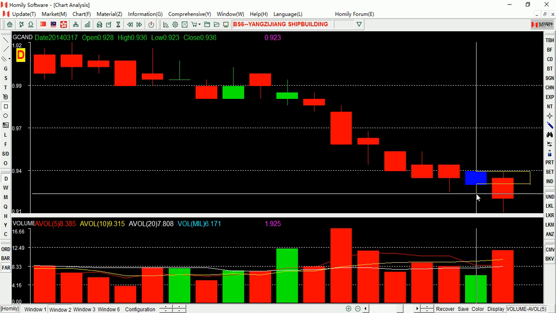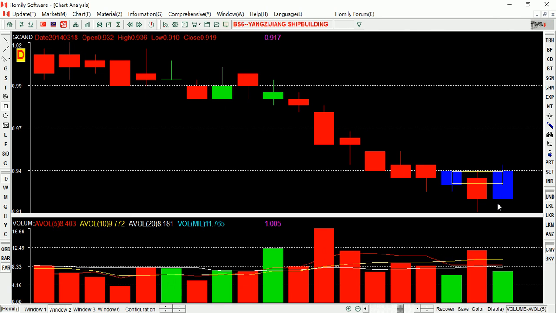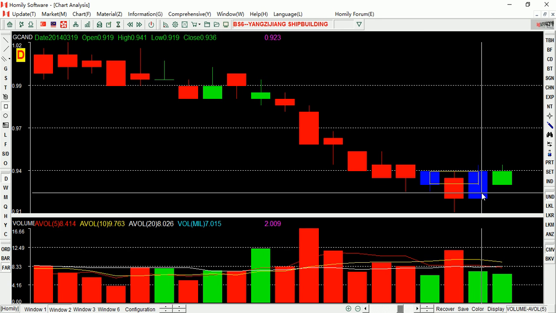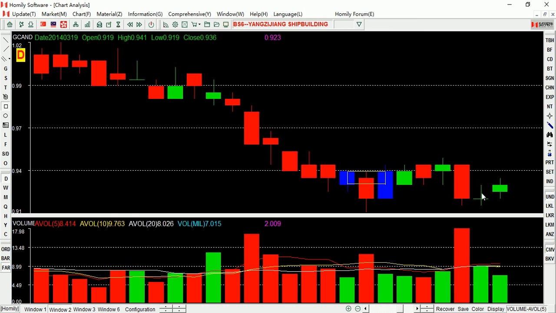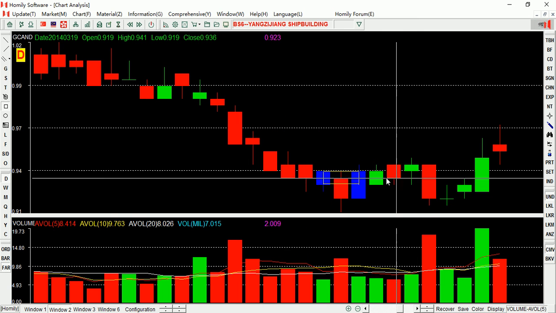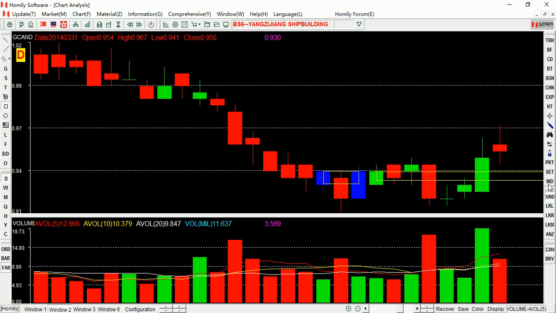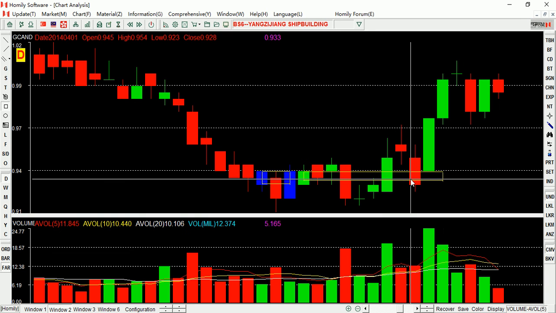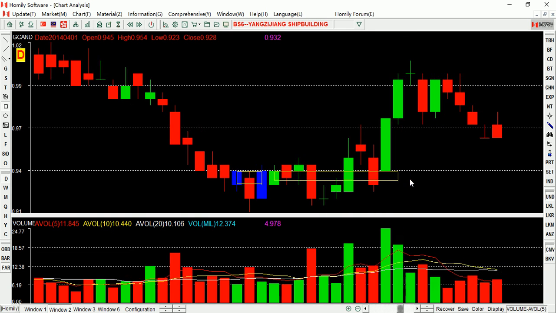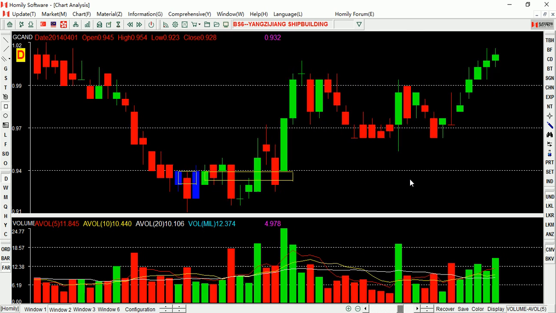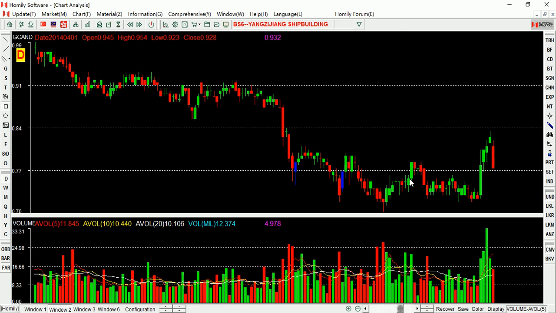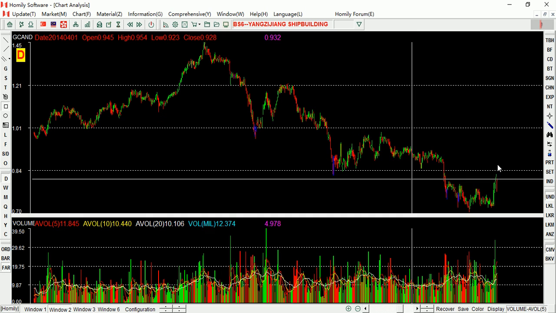Closing price is lower than this one. Cannot buy, okay? Blue candlestick appears again. We can pay attention again. Next day, the closing price is the same, right? So we need to wait and see. Upward breakthrough again, buy or not? Buy again, okay? And here is the support. You can see the price drops here, and this is the support. Then price goes up. Then we wait and see. Drop, right? Okay, so we see here.